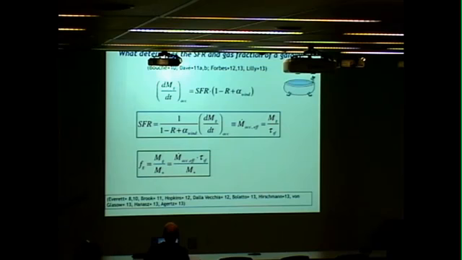You know, the gas mass is the accretion rate times the star formation time scale. The stellar mass is the same as in low redshift galaxies, so the gas fraction is high because the accretion rate is high. But this is too simple. This assumes that the depletion time scale, or the star formation time scale,